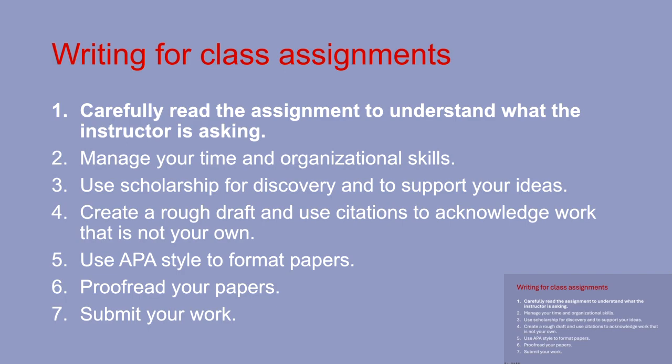So in the Handbook for Social Work Writing, we see writing for class assignments as being made up of 7 steps. First, carefully reading the assignment and understanding what the instructor is asking. We'll cover that in a little bit more detail in this video. And then once we know what the assignment's about, we're going to talk about how you manage your time and organizational skills so you can get your assignment completed on time. Then we're going to talk about using scholarship for discovery and to support your ideas, creating a rough draft and using citations, using APA style not just for your in-text citations and references section, but to format your papers, proofreading,